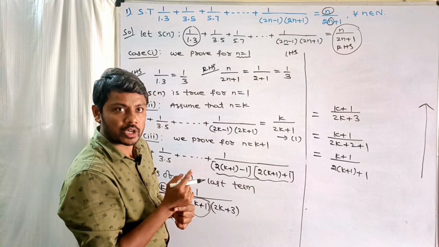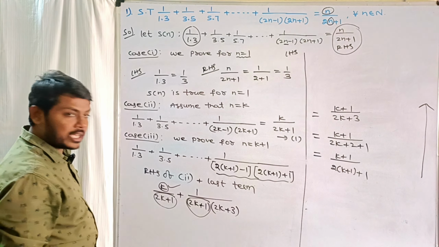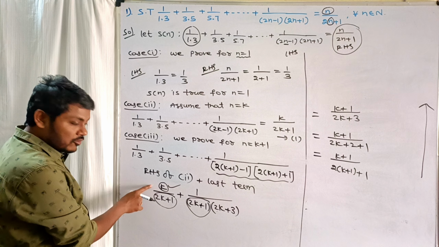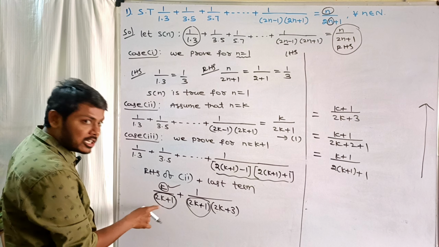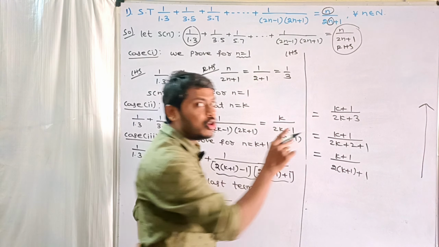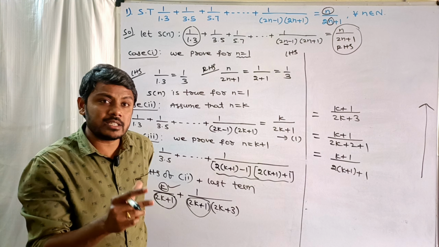Okay, now once you observe here, what is the extra term here? 2k plus 1 is the extra term here, but here there is no 2k plus 1, which means